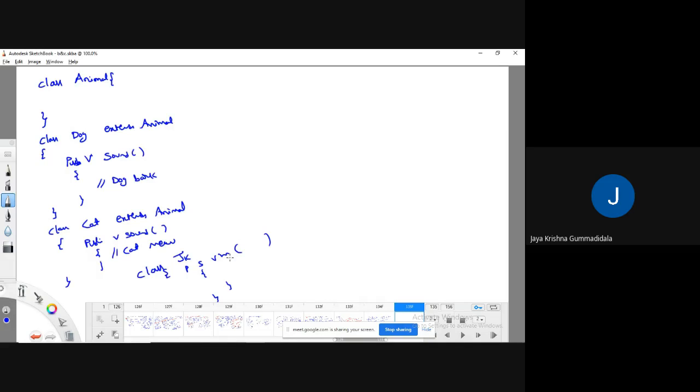Now if I create an object for the bottommost class, Cat c = new Cat, and I want to call sound, I will simply make c.sound. For the dog, you have to call with respect to the Dog object: Dog d = new Dog, d.sound.